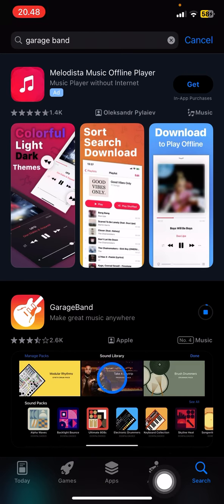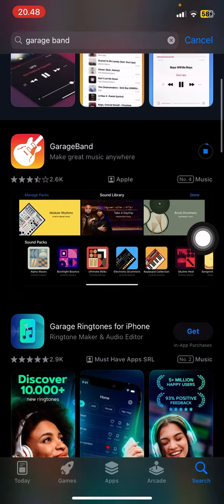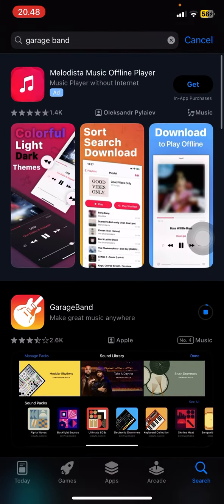Make sure that you tap into the GarageBand with this symbol or icon, and then tap Get over here and follow the instruction by double clicking the power button to confirm that you want to download this application into your phone. And then you just need to wait until the application is open, and then you can get access to create your own music, as well as convert the music that you have on your phone into a ringtone